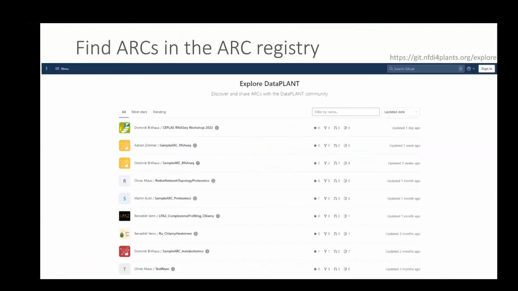If you'd like to maybe take a look at what some ARCs look like, we do have a number of ARCs on our registry. So here are some simple examples. We are working on making ARCs more complex, because I think most of us know an RNA-seq run is not going to get a journal published. So you need other data with that. And in that sense, ARCs can also combine different types of data. But we're also developing those at the moment.